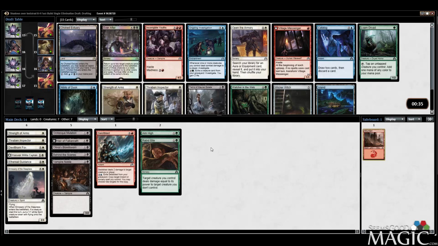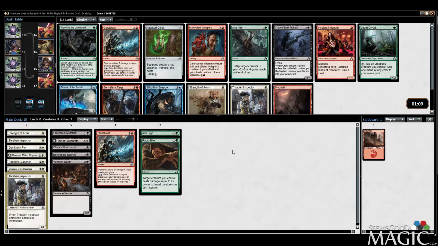Incorrigible Youths seems like the strongest. Watcher in the Web's good. I guess the safe pick is Inspector because I'm going to play it. It's a 1-drop that draws a card eventually. Works well with the Captain. I'm still not exactly sure if I'm black. I'm just likely black. I think we're going to take the Inspector. Like I said, kind of an unexciting first pick, but...